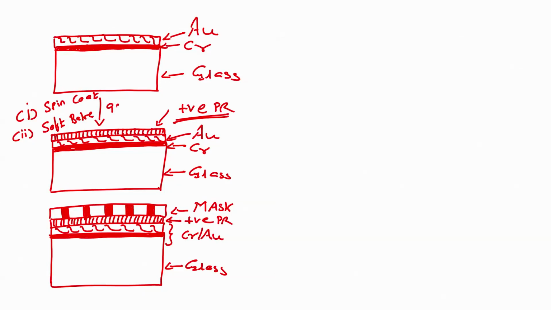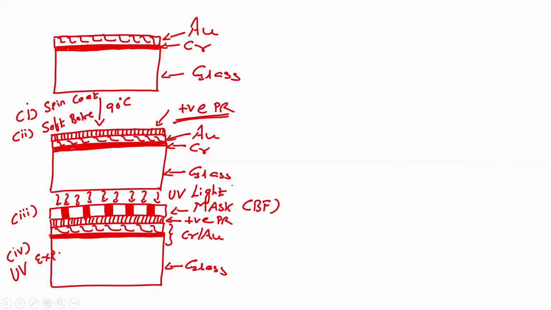Second would be soft bake, 90 degree centigrade, 1 minute. Step 3 would be to load the mask, and what kind of mask is this? Bright field mask. Step 4 would be UV exposure. So, step 4 would be, we will expose the wafer with UV light. Next, step number 5 would be to unload the mask and photoresist